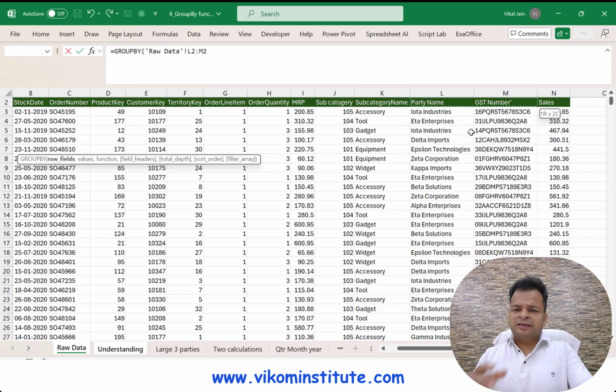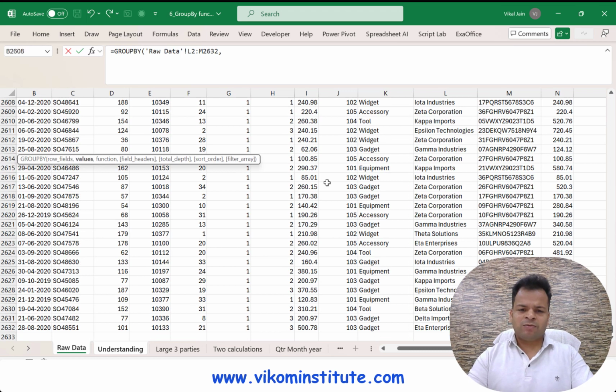Even if the columns were not beside each other, we would use VSTACK or HSTACK to make them one array, and then deal with it. So I'm going to select it like this, comma, and now values, let's say I want order quantity.